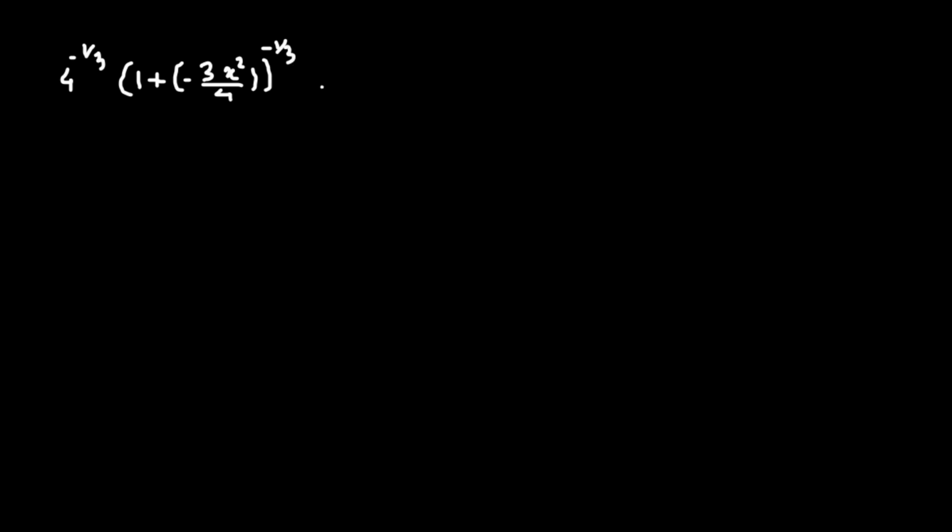And we're going to expand it, and this will be simply 4 raised to the power of negative 1/3 times 1 plus n, which is negative 1/3, times x. So x here will be negative 3 over 4 x squared